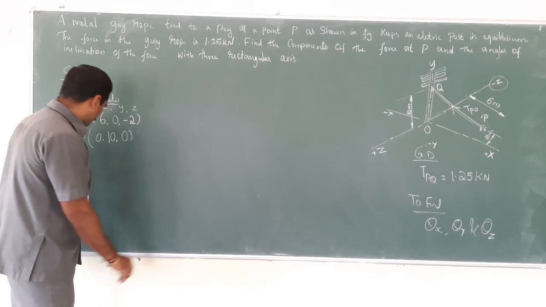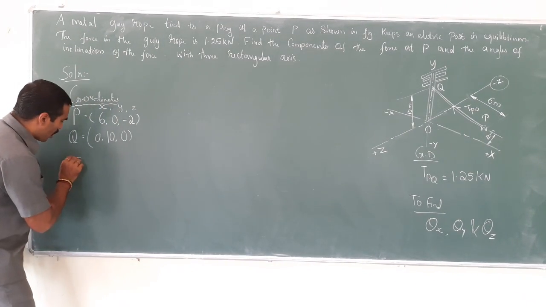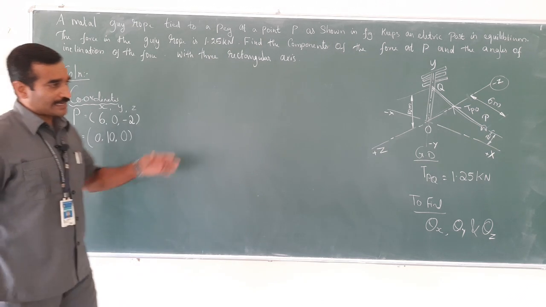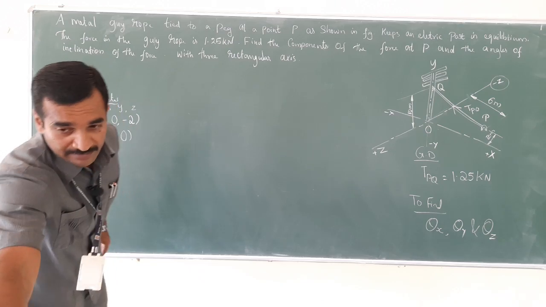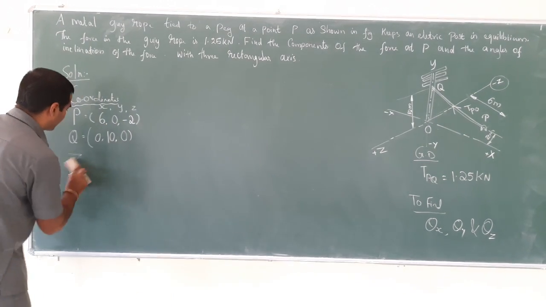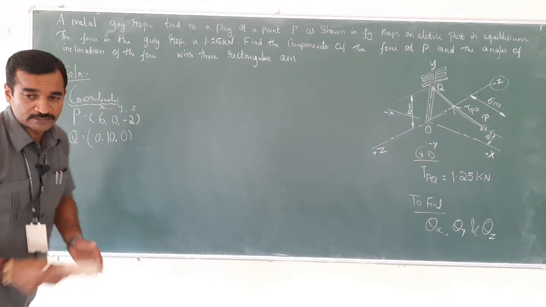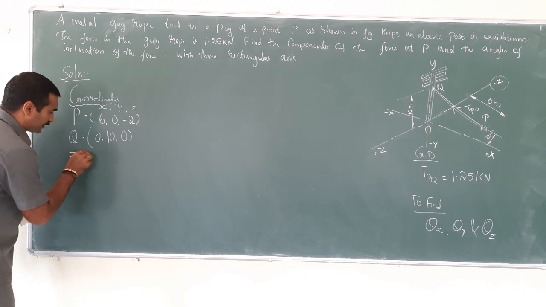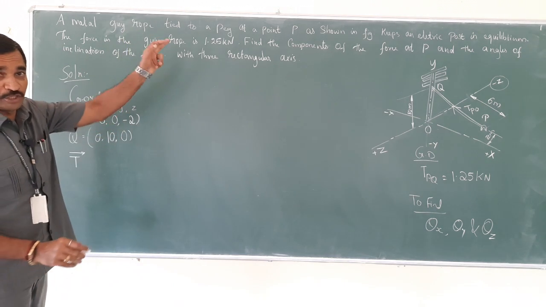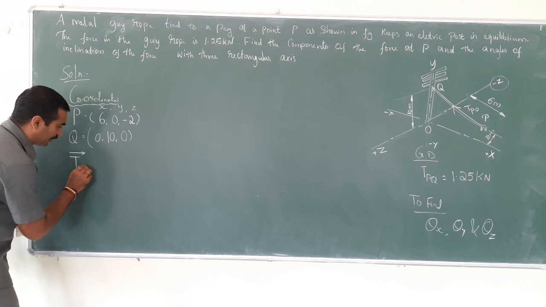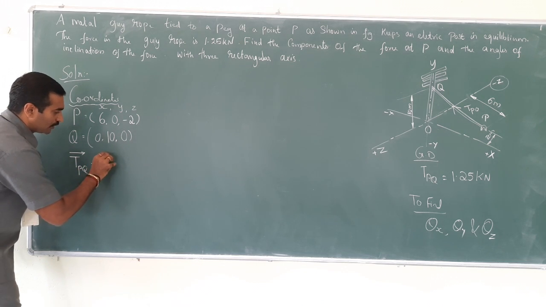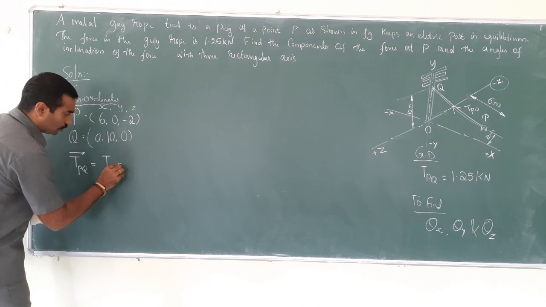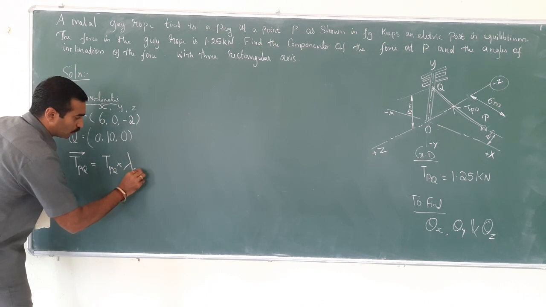Then what is the force vector, by the way? Here I consider T, that is tension. So let me mention here, there's a tensile force in terms of T. T vector from where to where? P to Q, the tension is acting. So TPQ equals the magnitude of TPQ force into lambda of PQ.